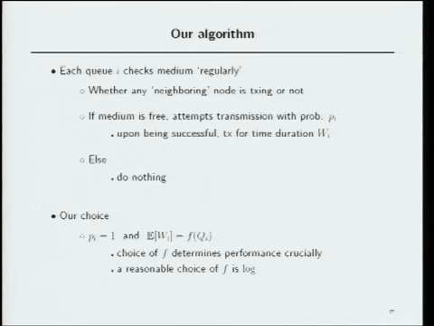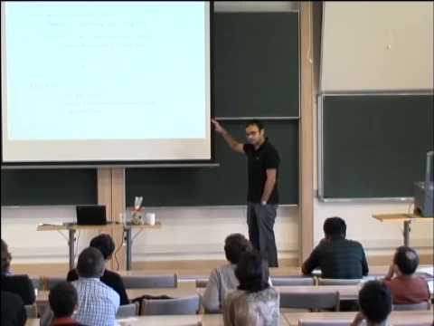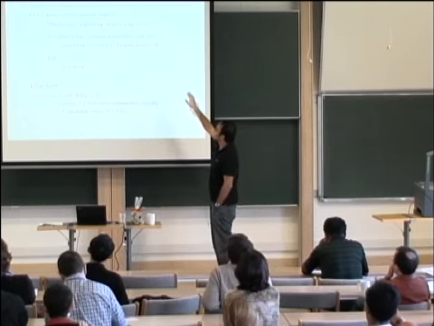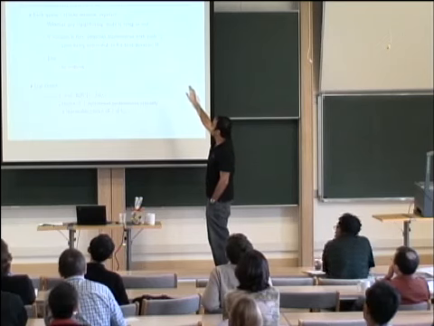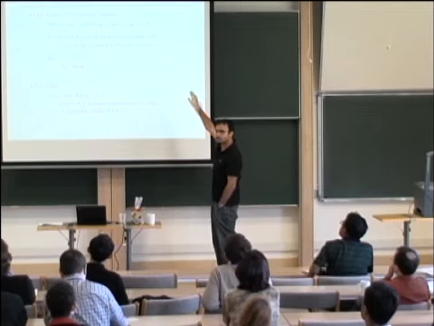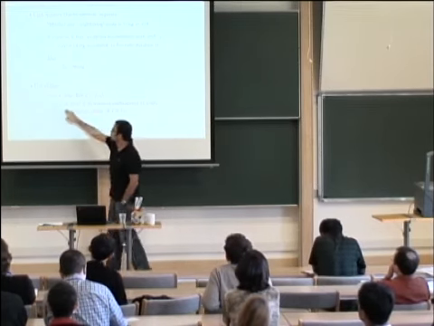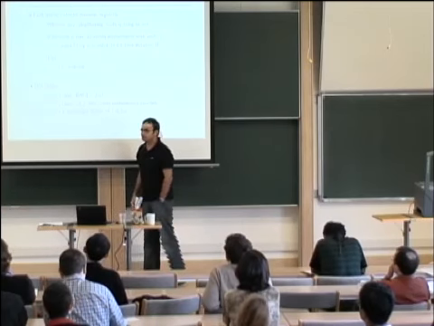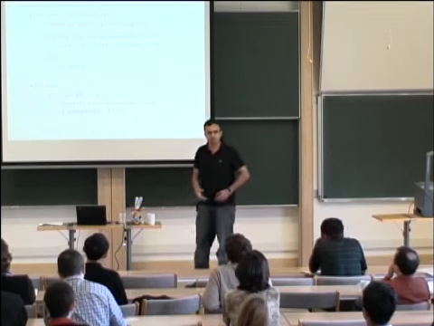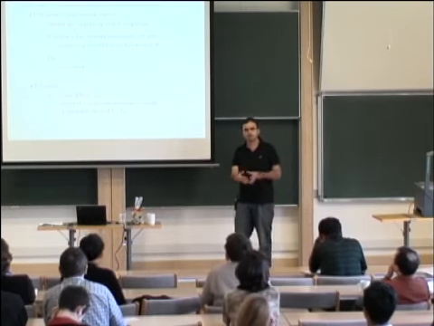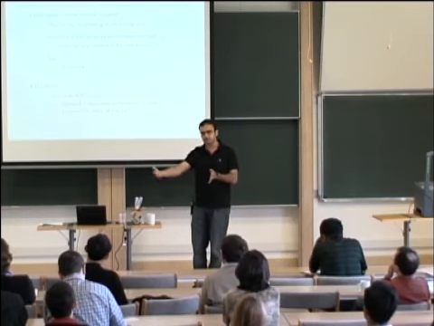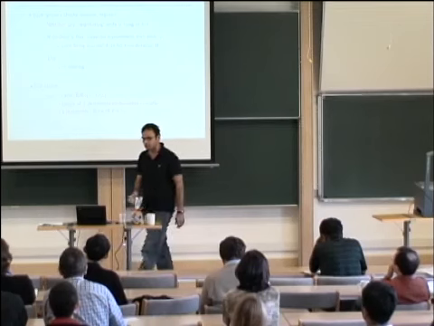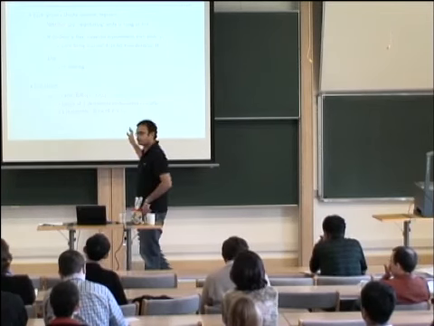Okay, since I promised you that it is at random access, it is going to fit into the template I presented earlier. As before, each node is going to check the medium regularly. I'll define this precisely in a second. What I have to define is what the probabilities are and what time duration it is going to keep. The probabilities are always going to be 1, and the time duration will be some function of queue size. So once you acquire the medium, if you have a longer queue, you're going to keep it for a longer while. If you have a shorter queue, you're going to keep it for a shorter while. And that's essentially the crux of the algorithm.